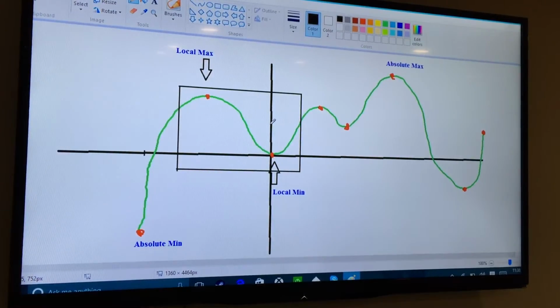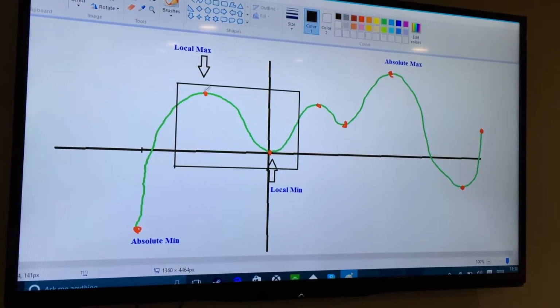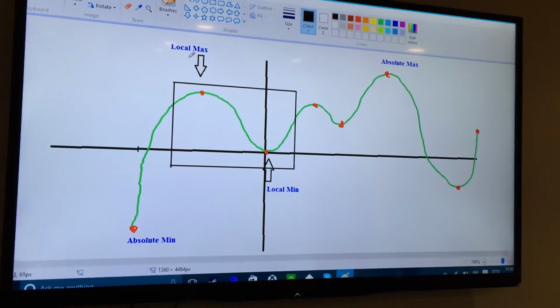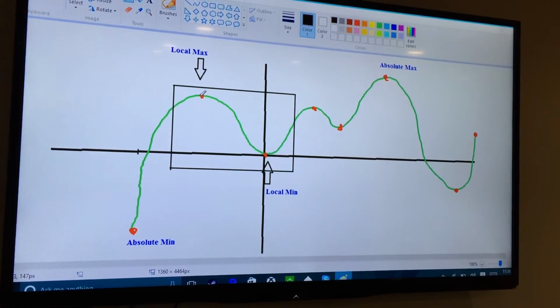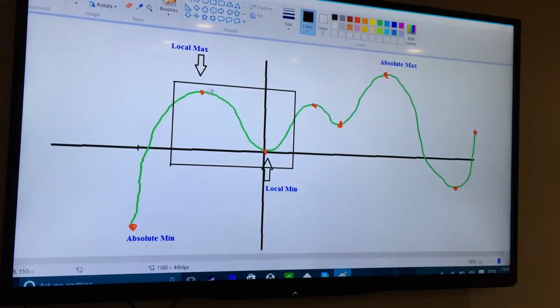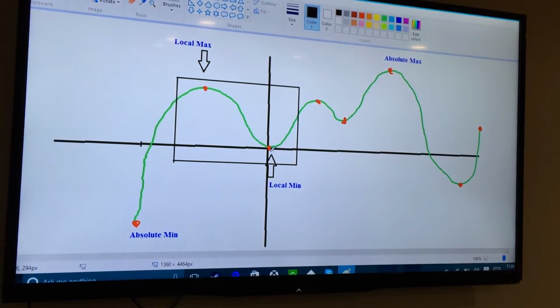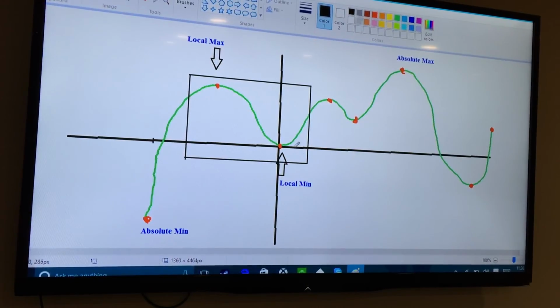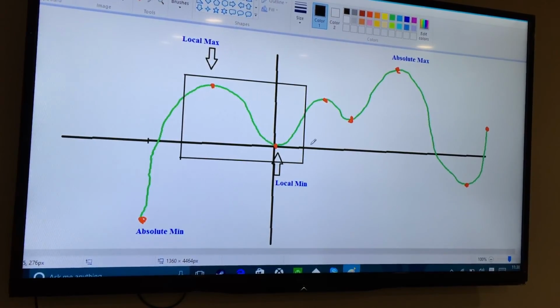Back to picture 1 of our original function, we've used this rectangle to basically show an interval. So we labeled our local maximum and our local minimum. These points are the highest and lowest points within a closed interval. Theorem 2 states that if f